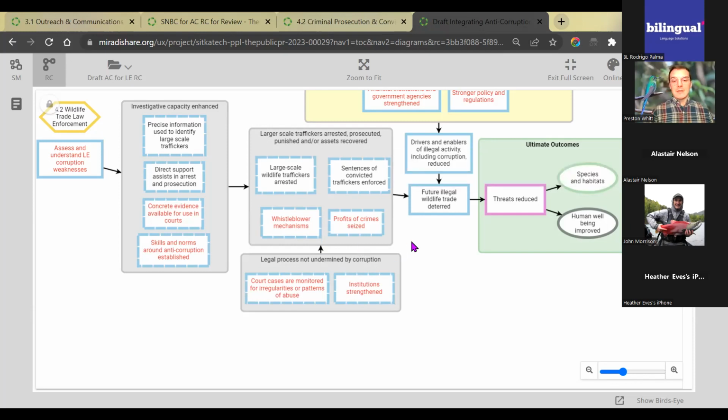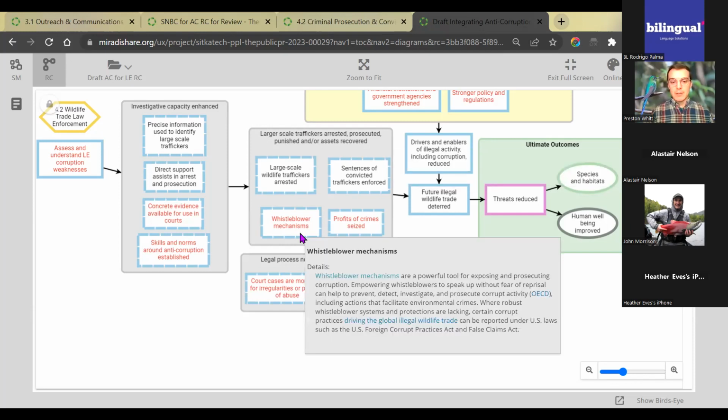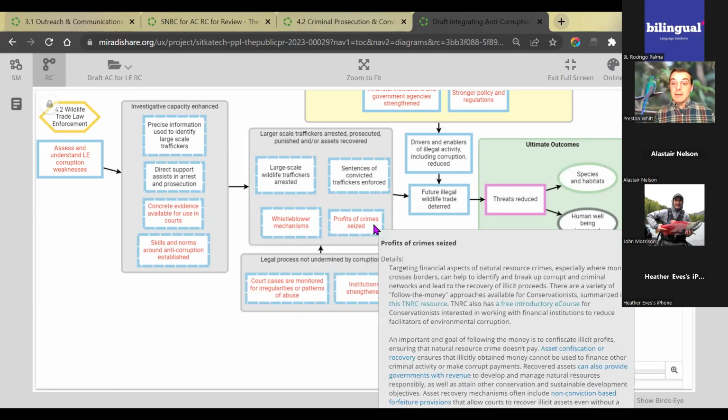So once you've enhanced that capacity, you actually want to have the arrests, the prosecutions, the legal process. So here, of course, the importance of whistleblower mechanisms, and we've linked to some specifics around anti-corruption whistleblower mechanisms. Again, citing some of the work Basel's done for us, seizing the profits of crime. So once you've followed the money, trying to recover it so that you can compensate victims, you can use that funding to